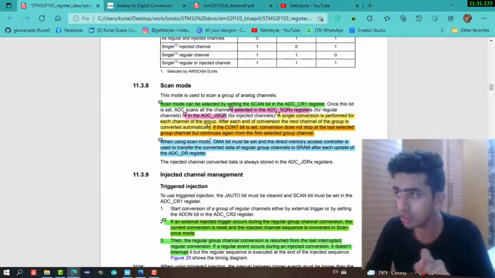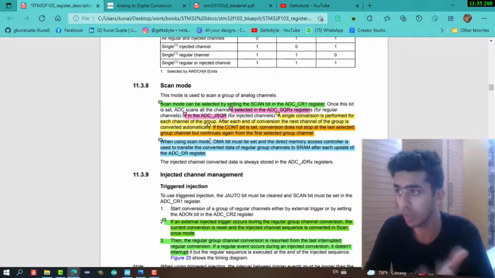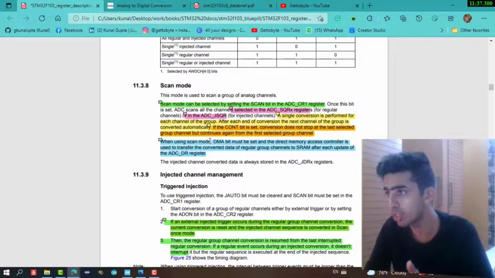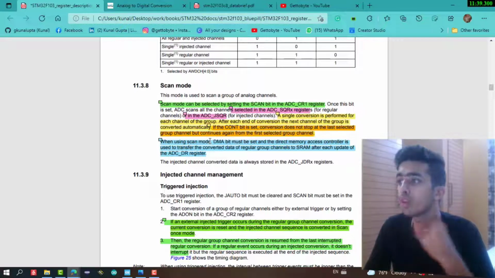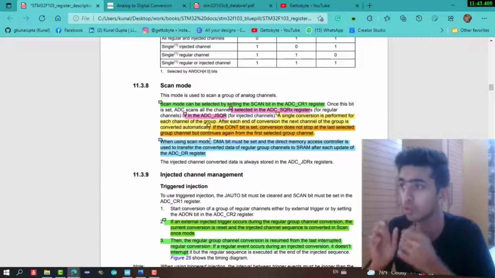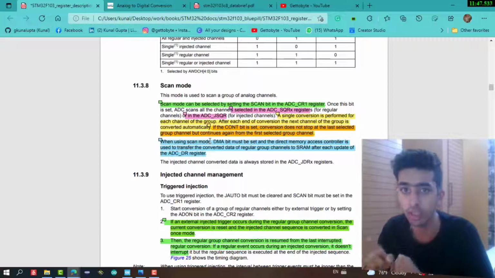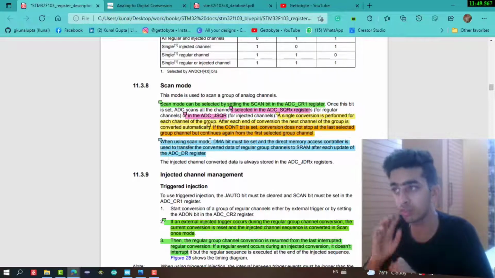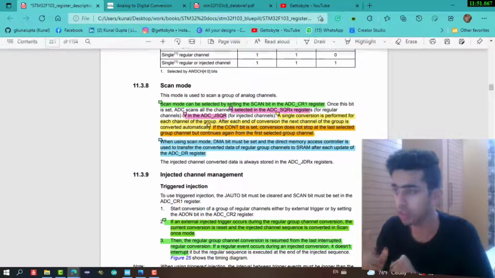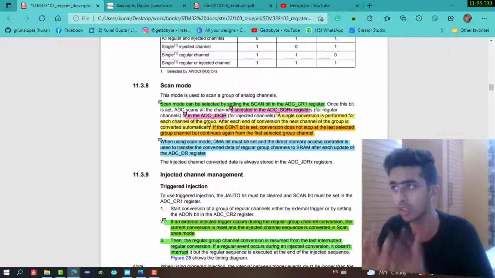If we are not using scan mode, it means we don't want to automatically convert the channels, because we have configured only one channel of our ADC peripheral. In that case, it will directly send data to my data register and we can get the value.